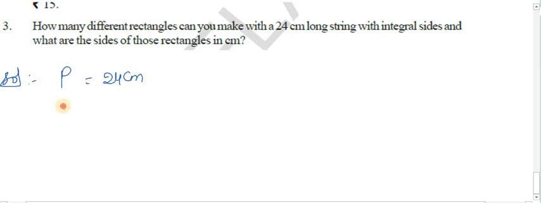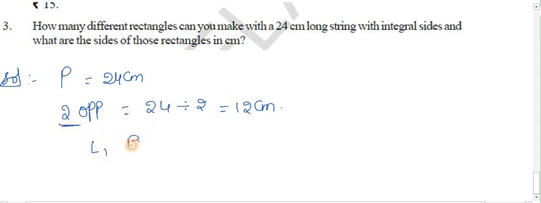So I have two opposite sides, so that is the reason I will just divide by 2. So this will come to 12 centimeters. Because I have two opposite sides, I have to find out length and breadth. He is asking us to find length and breadth. Two sides are equal, so that is the reason I did division by 2. Now you can just go for addition. What numbers, if I add, will I get 12? 1 plus 11 will be 12. 2 plus 10 is 12. 3 plus 9 is 12.